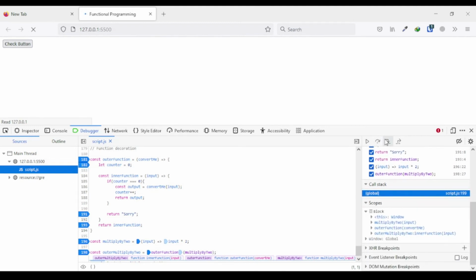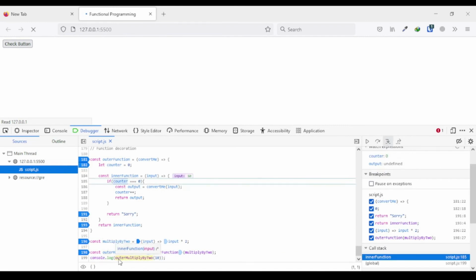Let's step in again. Now at this point I call the inner function, I call basically outer multiply by 2, but it's referring to the inner function. Okay, I'm calling outer multiply by 2 with the input variable of 10, so it's gonna pass in 10 to inner function. We go to inner function, we are passing 10 to it as an argument, and then we are checking if counter is equal to 0, because the counter is attached to its backpack, and it would show that counter is 0, and it's gonna check from the right side. Yeah, it's 0, then it's gonna go inside of that,